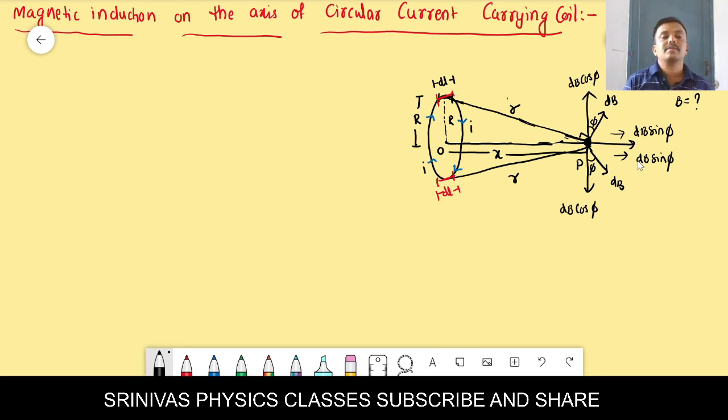Now according to the Biot-Savart law, let us write some information. Capital R we can take as the radius of the coil, and dl we can take as the